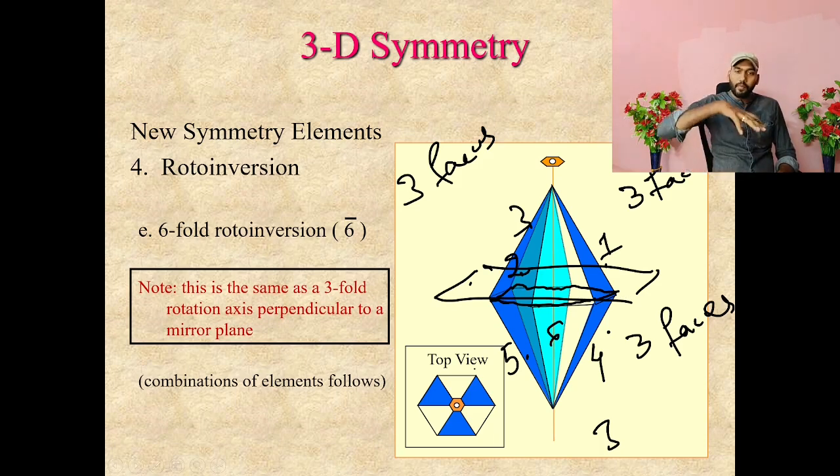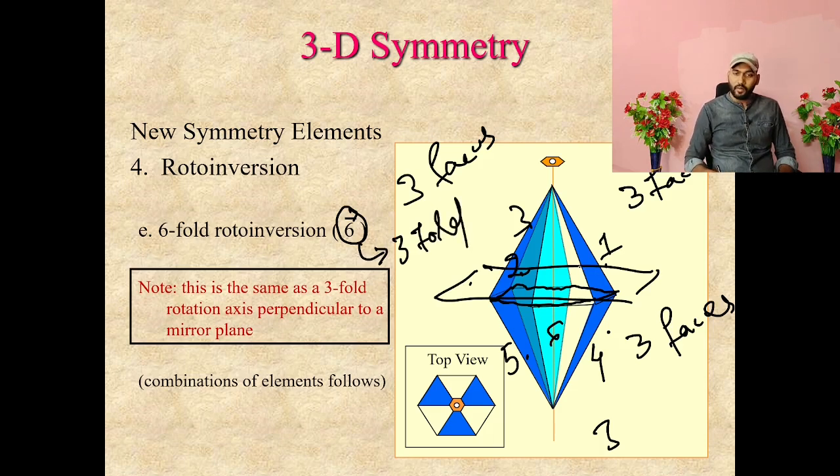Because in the upper hemisphere we are getting 3 faces, lower hemisphere we are getting 3 faces. So now this six-fold is reduced to threefold. The six-fold rotation reduced to threefold, because in the upper hemisphere we are having only three faces. When we are rotating the axis, we are only getting three faces, one here, and one here. So in 120 degrees we are getting one face. So now six-fold is reduced to threefold, and there is a perpendicular mirror,